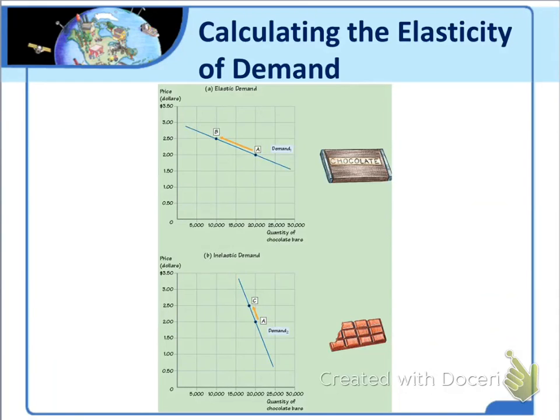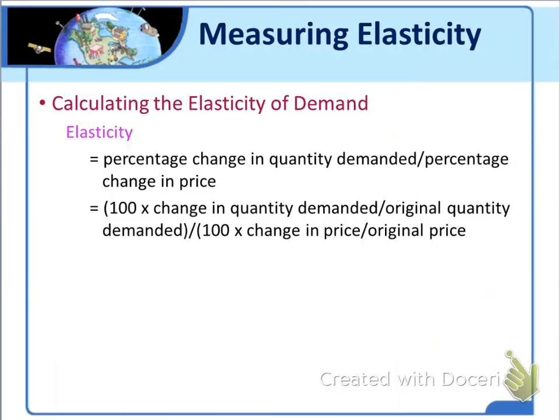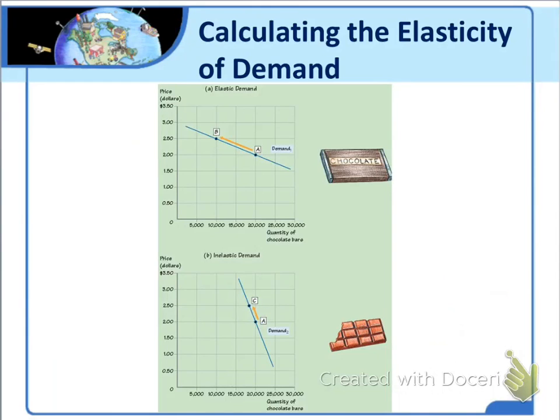Now, let's see exactly how to calculate the elasticity of demand using information from a demand graph. The figure that we looked at previously showed 2 demand curves for large chocolate bars in a small city. So let's go back to that graph. In both of these graphs, the price per chocolate bar is measured on the vertical axis, and the quantity that is demanded